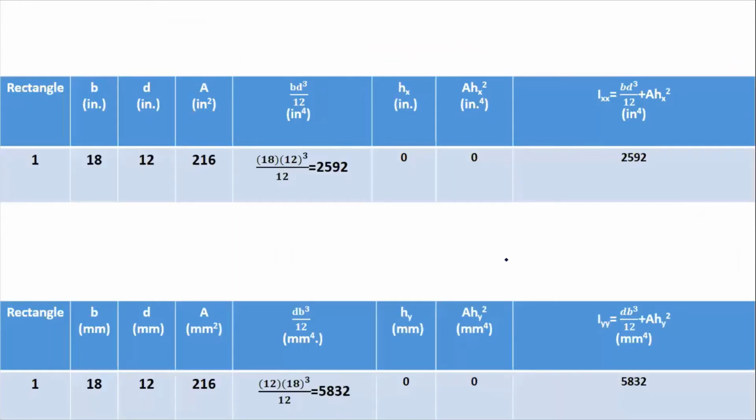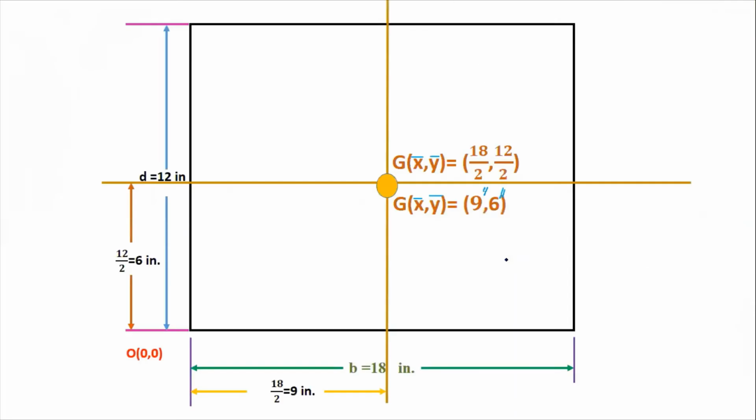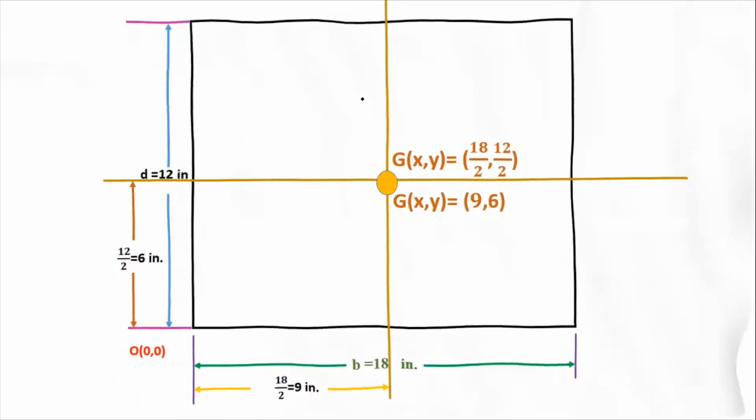And here is one more thing I want to tell you. Because we don't have any difference between the centroid and the center of this rectangle, both are lying at the center. So there is no difference between them. So hx and hy in the moment of inertia will become 0 in this case. So if it is so, it is 0. Let me tell you what will happen. I'm moving towards the next slide.